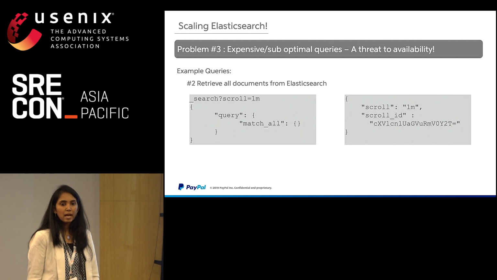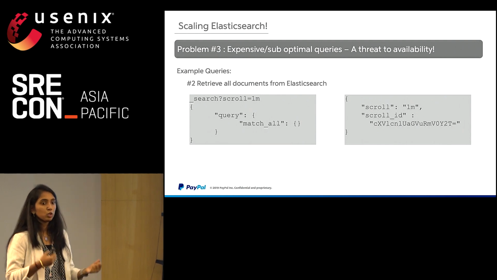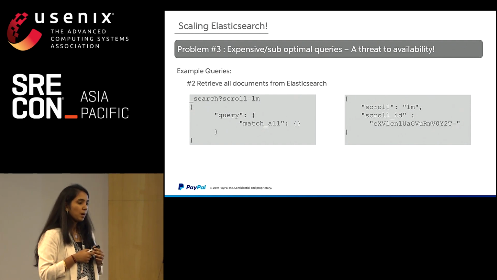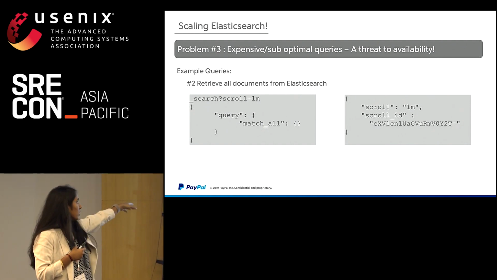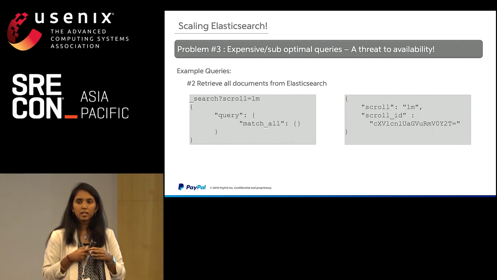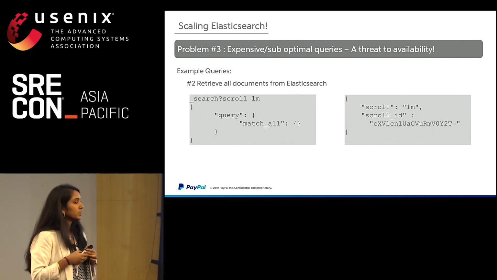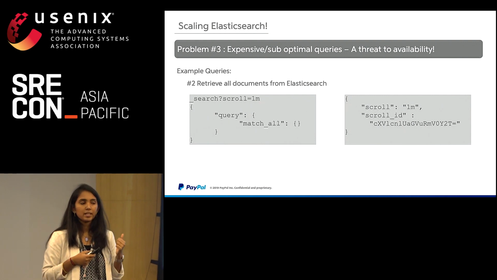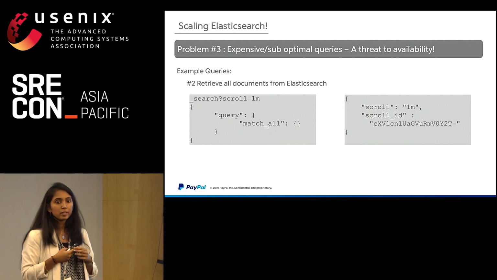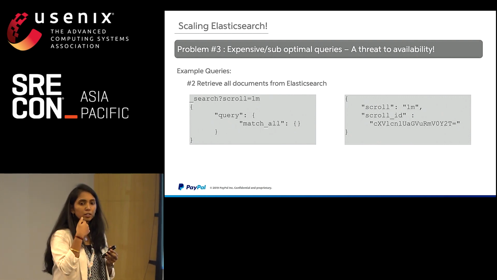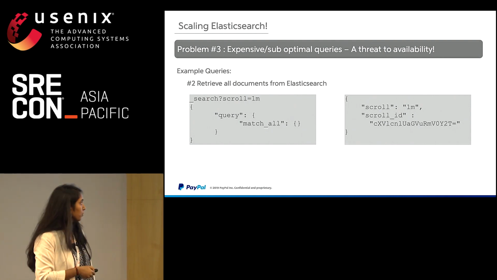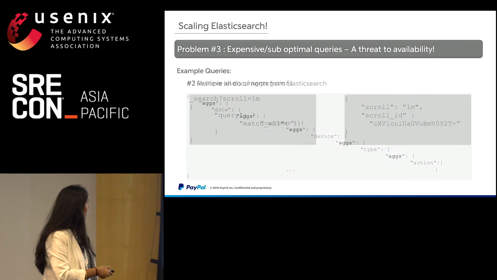Assume that it has already happened, or you have a use case where you need to retrieve a huge resultant data set. In that case, they go ahead with something called a scroll, which is the only way by which you would be able to paginate and get the data out. But what is the problem with this? Scroll maintains a context within Elasticsearch that prevents merge operations. And anything with respect to deep pagination brings all the documents into memory, which is again a problem. So this is another example of an expensive query.